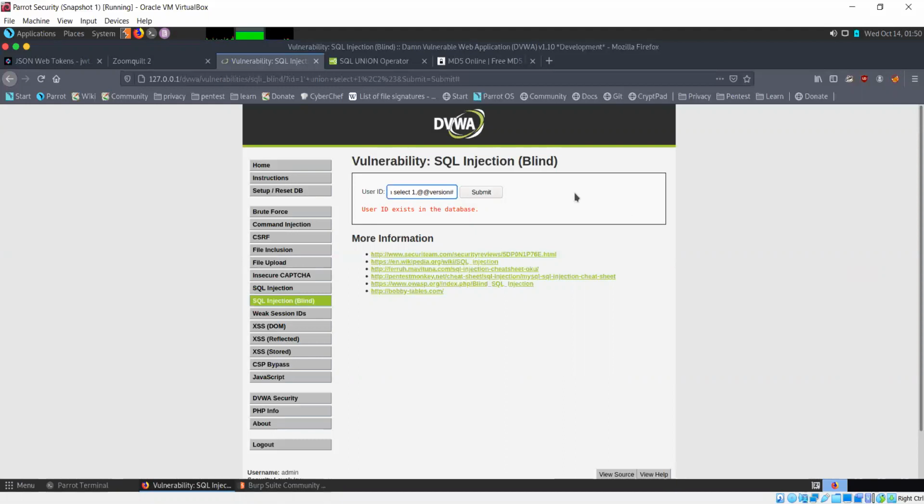Now this is not going to give me any data. I know that this query is correct and it's running, but it's not going to give me a result. I'm not actually going to be able to find out what the actual version is, because this is blind SQL injection. It does not give you the results directly. You have to work for it, and that's why, see, when I mentioned that this is more difficult, now you see what I meant by this.